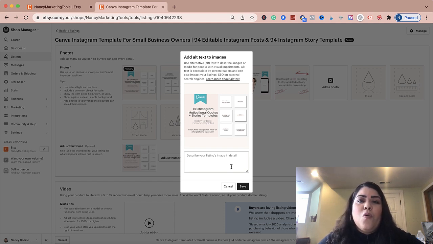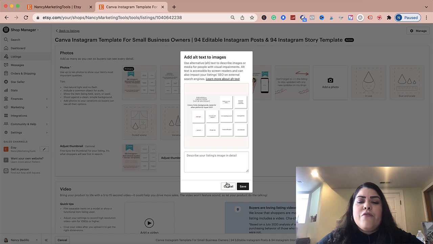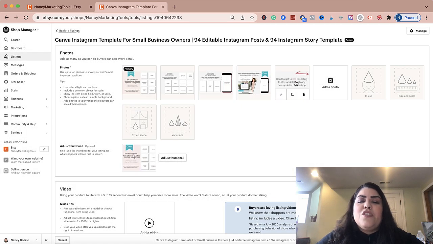So it's great for both reasons, right? And it's going to amplify your traffic for sure. And what I would do is whatever text you add here, just copy and paste and add it to every single picture that you have, no matter what the picture is about. Just add it. It doesn't hurt, and it might potentially drive you even more traffic back to your store. But this is how simple it is to add